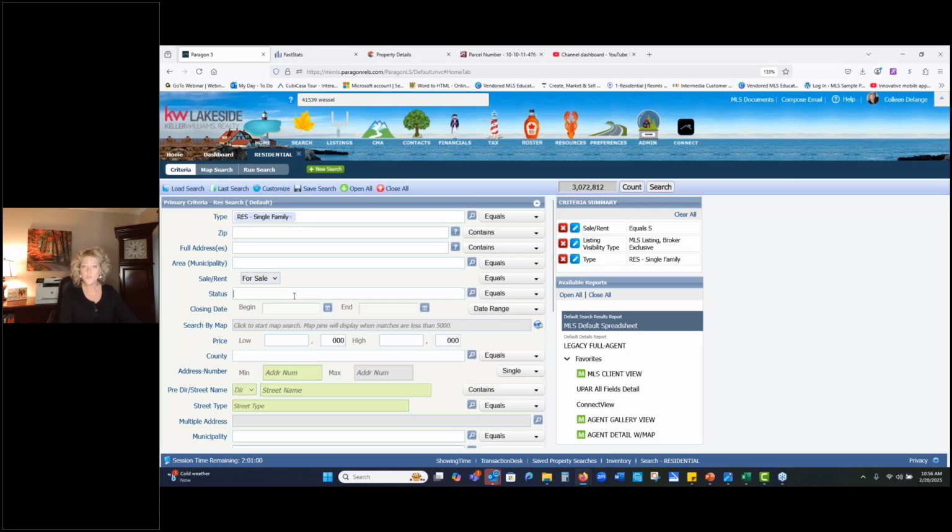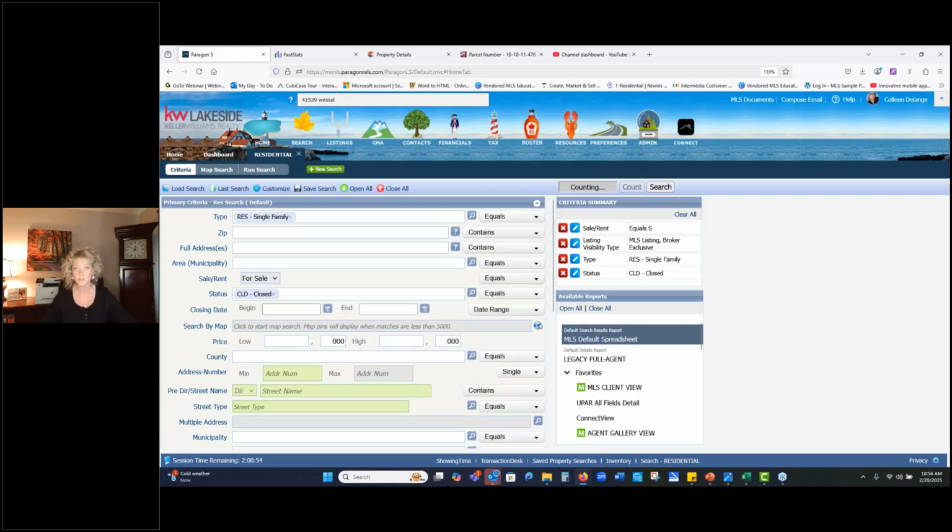Now, I'm kind of old school. I got my license 25 years ago. And of course, closed is the most important number that we're actually looking at, right? But being a big Floyd Wickman fan, and probably not a lot of people will even know who Floyd is, he used to be a great real estate coach who I loved in the 90s and just really funny, still funny today. But he always said, if you're going to sit down with a seller,